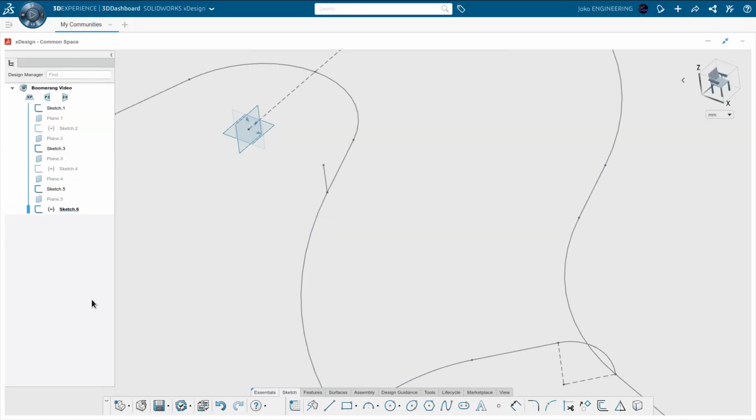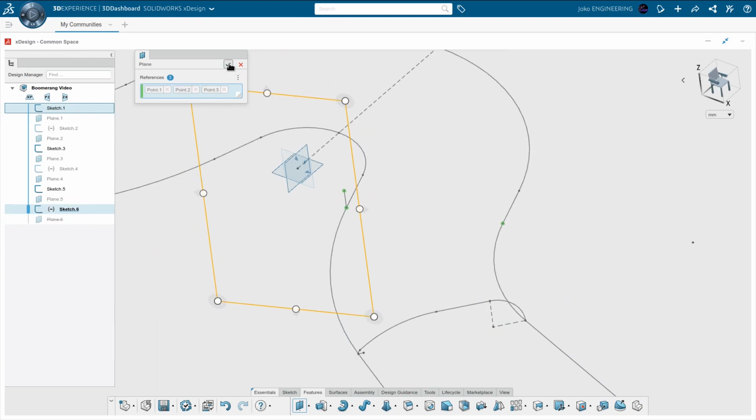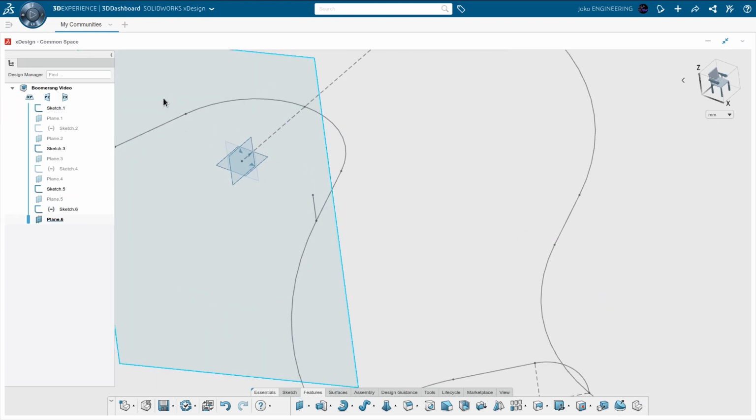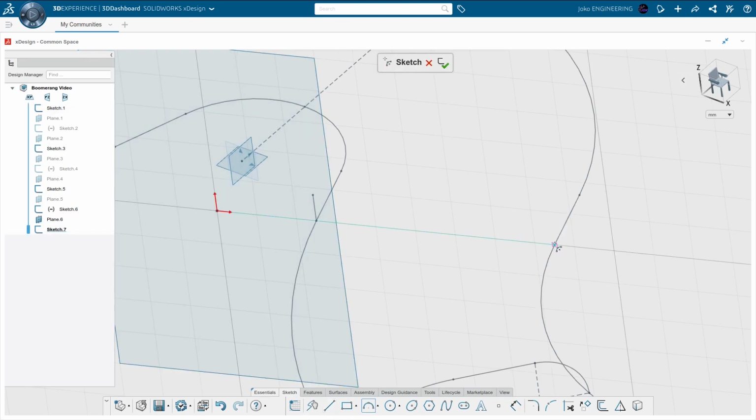Let's make another plane here. We're going to say features, plane, here, here, and here. We'll create another sketch. I'm going to go horizontal,